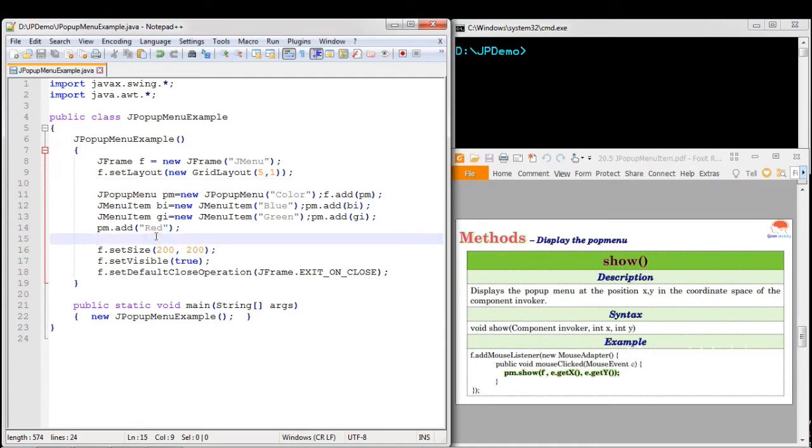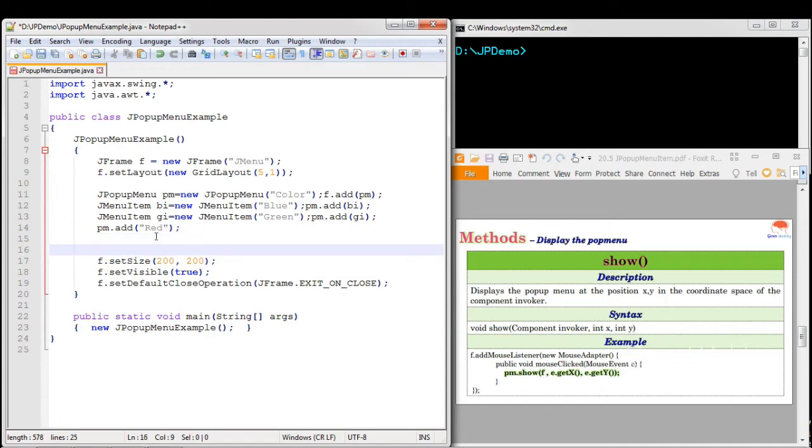Next, how to display it? Whenever the mouse is clicked on the window, your pop-up menu should be displayed. Here you have to add your event handling using a mouse listener. We are not going to include all the methods of the mouse listener, only the mouseClicked event.